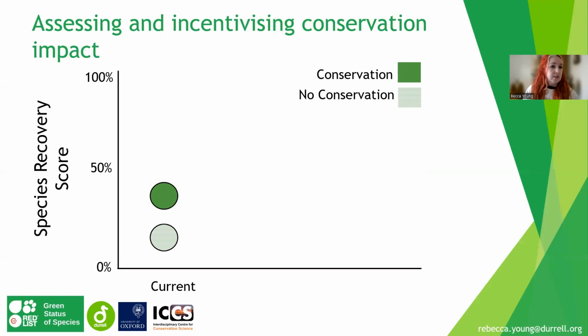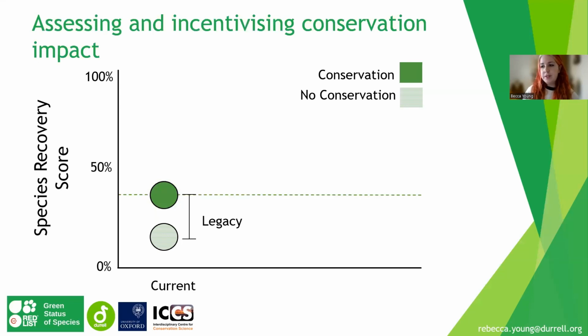So we have this current state that I've already explained. And then the next thing we think about is, what about a situation where there had been no conservation whatsoever? So they call this the counterfactual current. So a hypothetical scenario where no conservation had ever taken place. And then the difference between the result that we get from this counterfactual scenario and the current scenario gives us that first conservation metric, the conservation legacy.